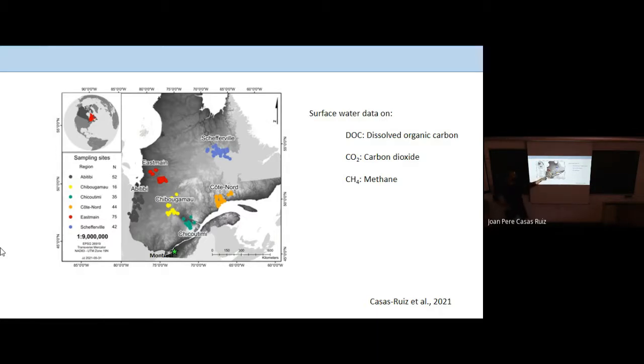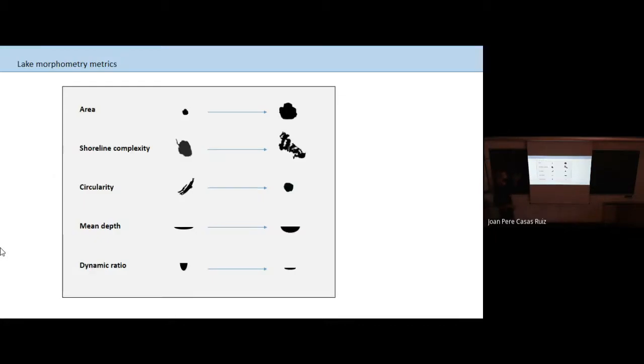And we had data on dissolved organic carbon concentrations and also carbon dioxide and methane concentrations of the surface water of these lakes. And then what we did was for each of these lakes, we calculated several morphometry metrics, so the area, no explanation needed, then the shoreline complexity, right, to capture whether the contour of the lake was smooth or fractal. We would say that a fractal one has a more complex shoreline. This is important because it means more contact with the terrestrial environment, and therefore perhaps more inputs of carbon dioxide, etc., from soil.